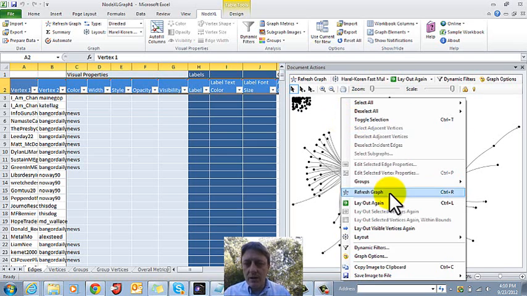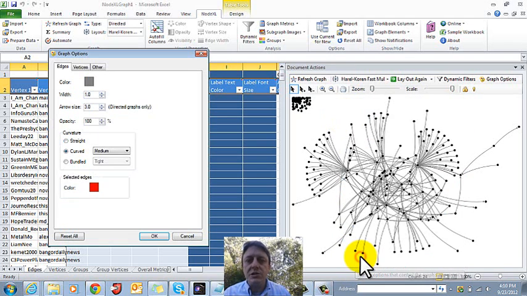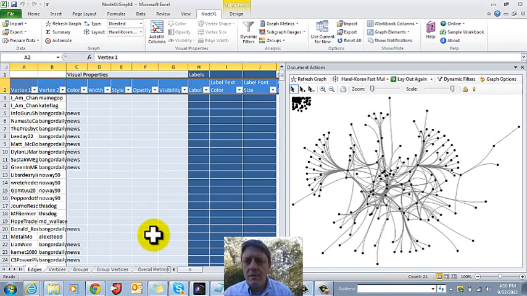Let's do that. I'm going to right-click here again. I'm going to go back to Graph Options, and I'm going to bundle those. I could bundle them tightly. I could bundle them loosely by selecting an option here. Let's bundle them tightly. Let's see what happens. Boom. Now, all of a sudden, when we look at this network graph, we violated ostensibly Kozo Sugiyama's principle that